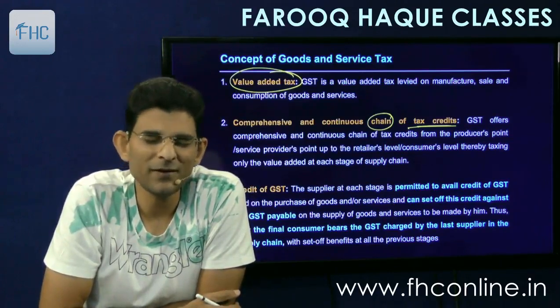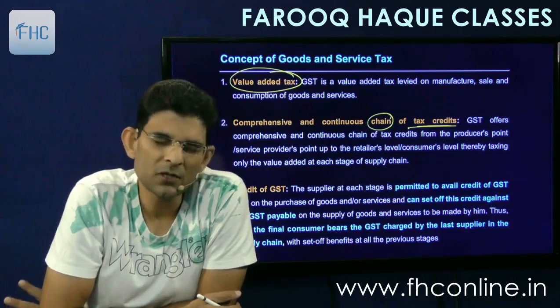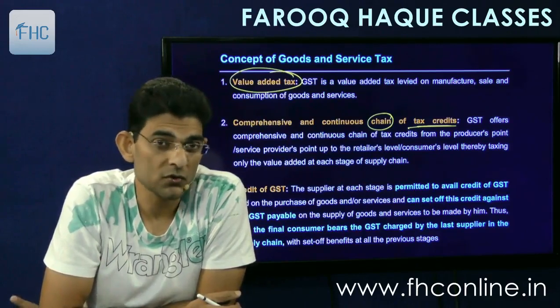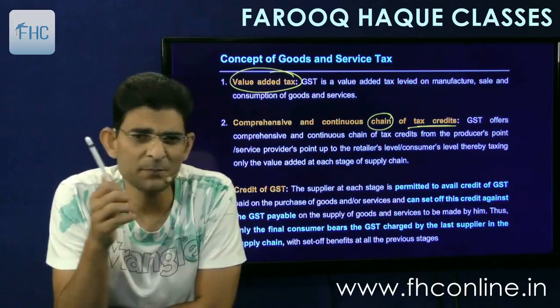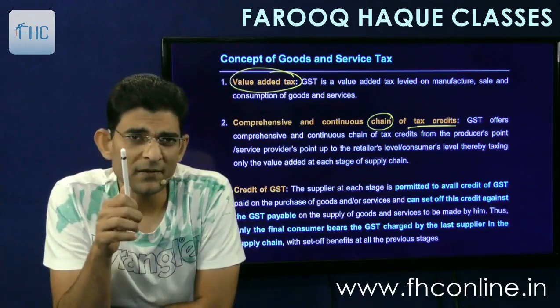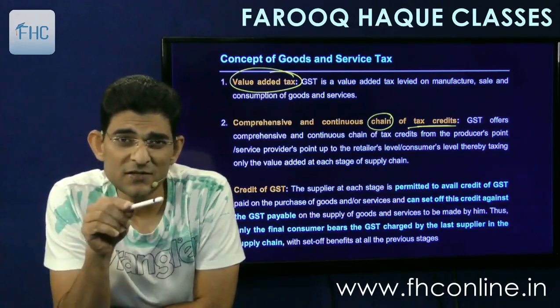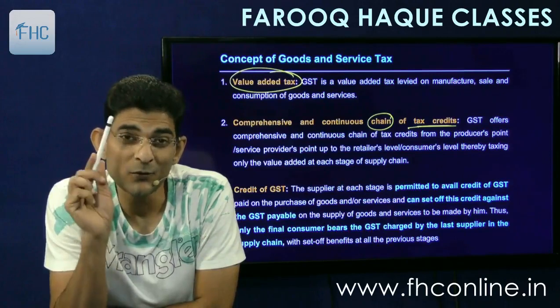But right now it just came to my mind, the example of petrol. Petrol is not covered by GST right now, but it is covered by all the other state and central laws, the different taxes. But if you take any other example, like this pen, when you buy a pen, you get a bill. In that bill, that amount is written as CGST, SGST or IGST. That is the burden which has fallen upon you.